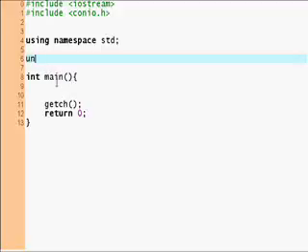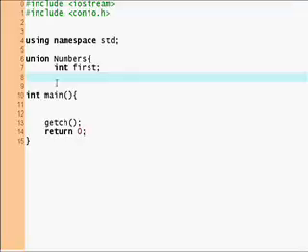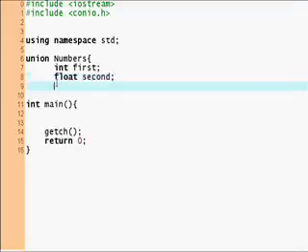So let's make a new union, union numbers, right? And inside this union we'll have int first, float second,